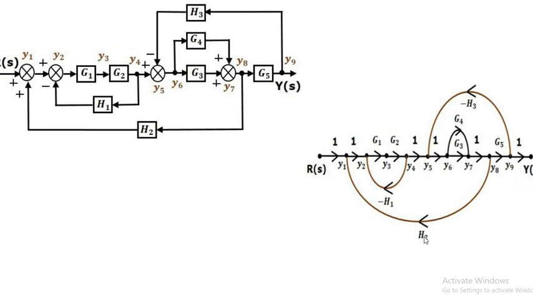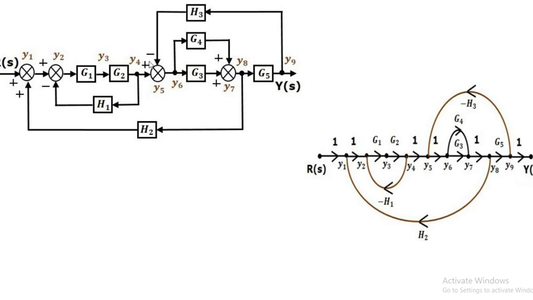But why is it positive? Because we have connected a positive feedback. If we are connecting this signal to the positive of the summing point, then it can be considered as a positive feedback. If it is connected to the negative point like this one, then it can be called a negative feedback. Okay, so we are taking the signal from y8, that's the take off point. Then the gain of this branch is nothing but the block's gain, that is h2, and it is positive because the feedback is positive.